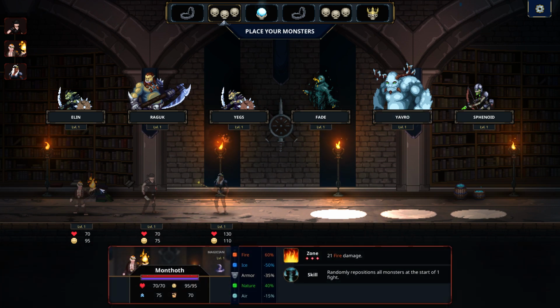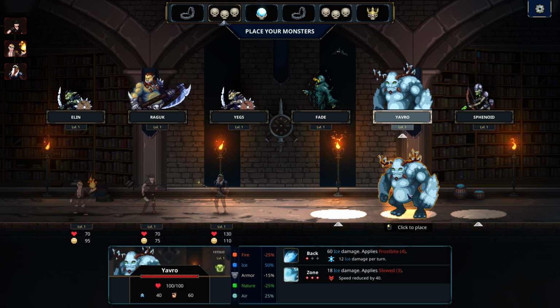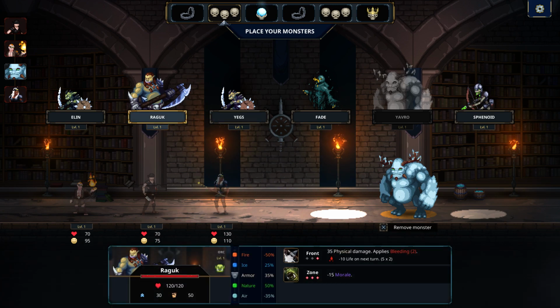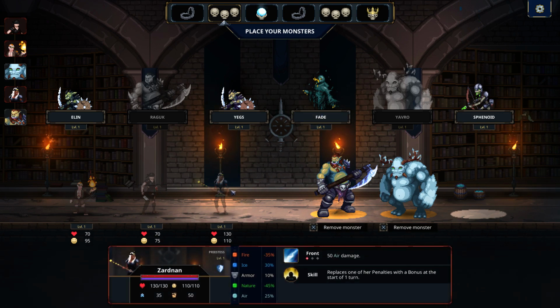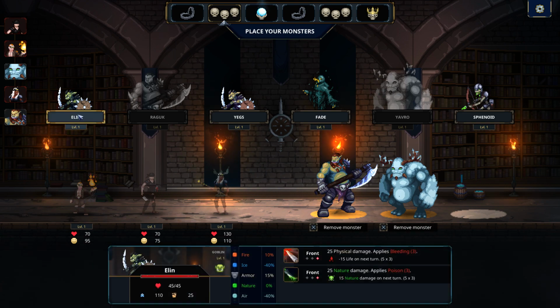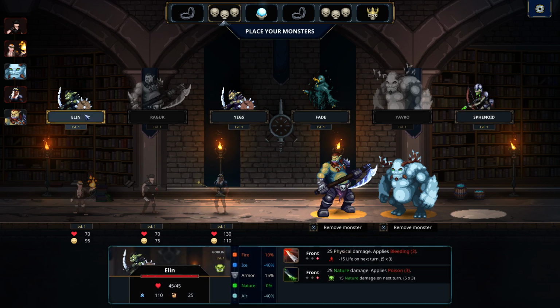But, well, we can see the magician here. He has fire resistance, but he's got minus ice resistance, which means if we blast him with a block of ice, that will do quite a lot of damage, and he is at the back. So what we're going to do is put our Yeti there. I'm going to put a big old orc boy in the front. How's their air resistance? Not great. Nature resistance is... We could maybe go...